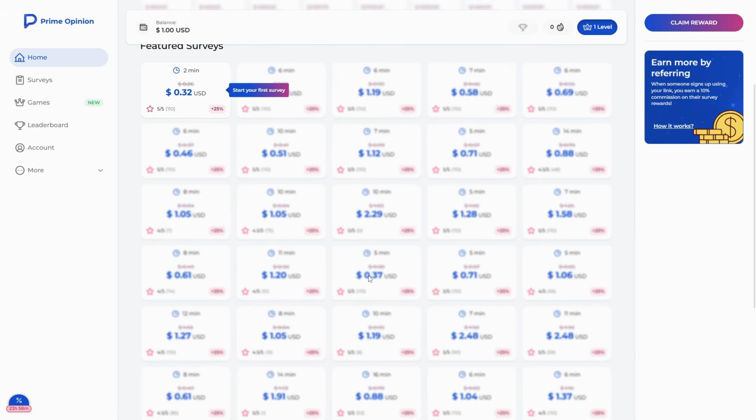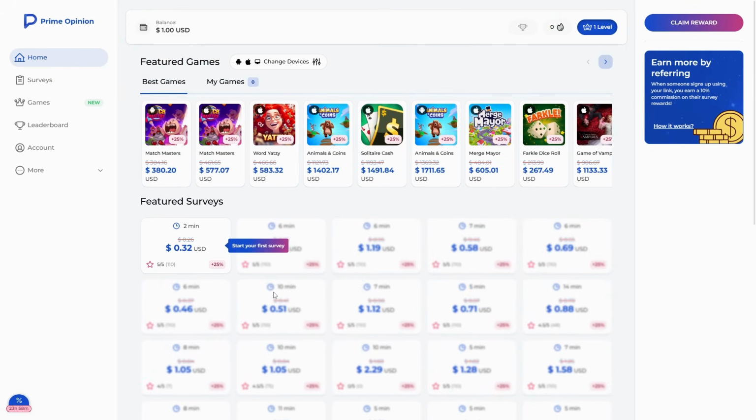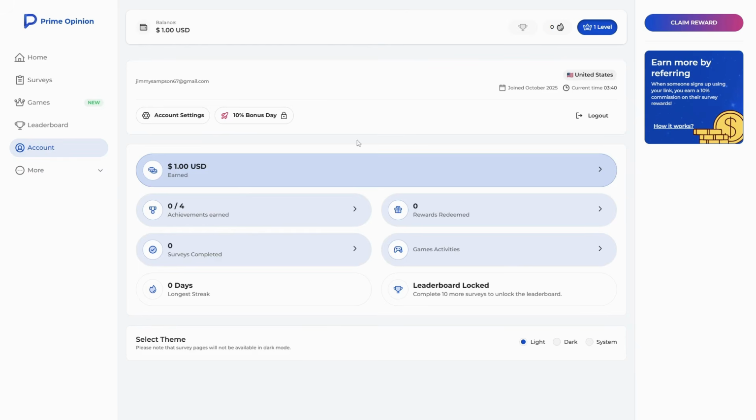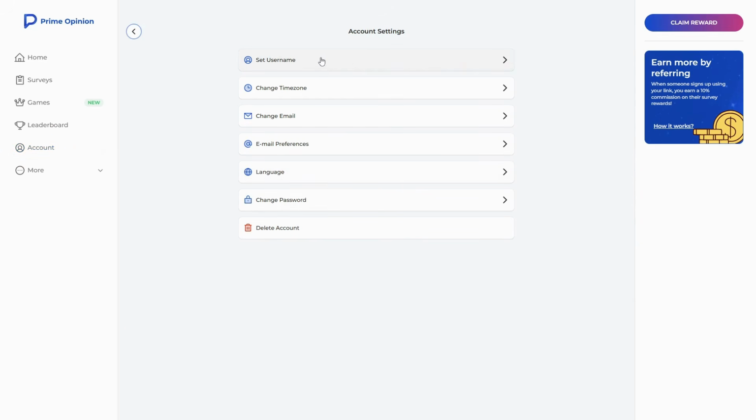survey websites may require you to use a phone most of the time. So yeah, you can do it on your phone, and I'll show you how to connect a proxy on your phone, so that whenever you're using a proxy, you use it also on your phone. Now you can see it's very easy to do the whole process of creating an account, and then the information on the account. On the account settings, you can see that it shows you're in the US. Current time is 3:40 on US time. So you just have to fill out everything else, achievements and the account settings. Set a username. If you want, change the time zone, change email, language, change password. And then after that,